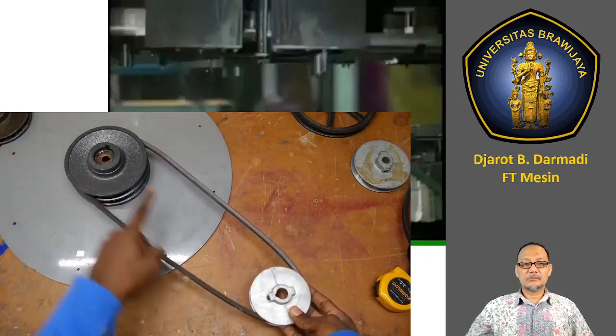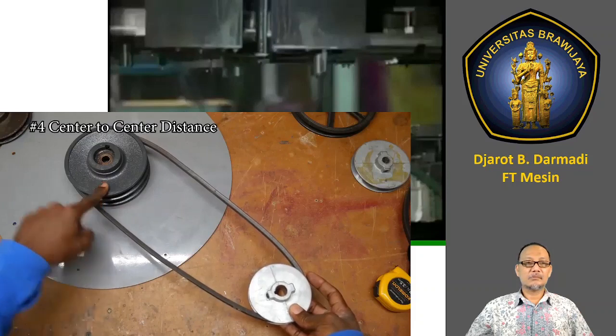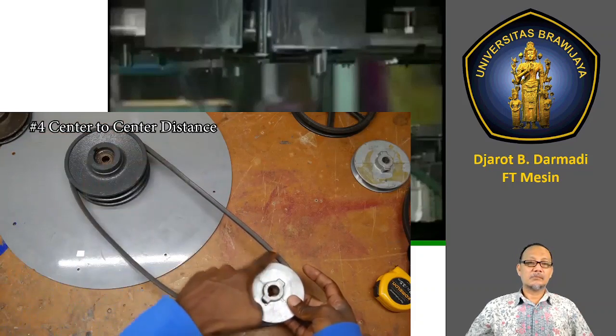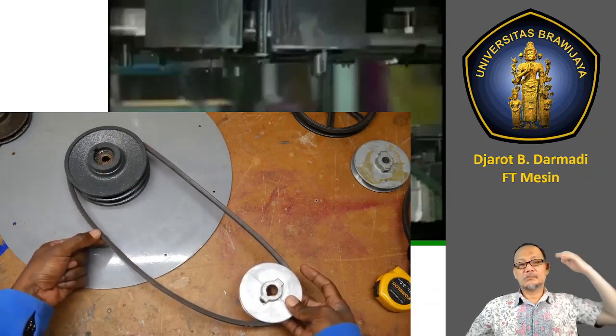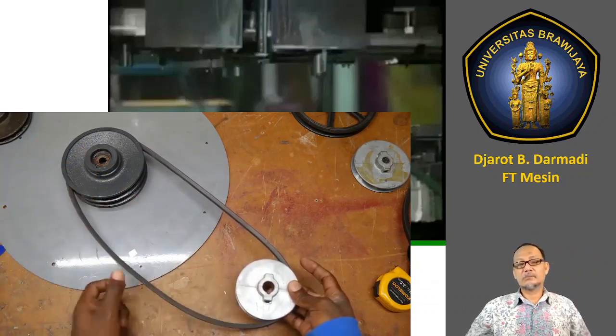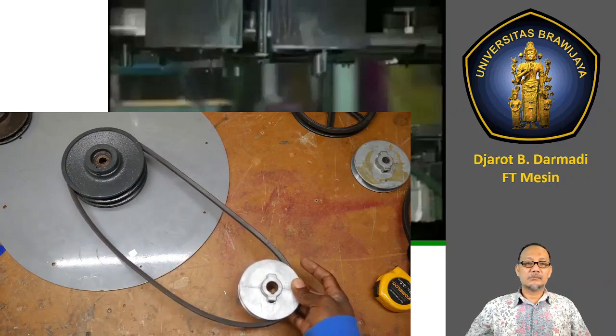One more factor you want to consider is the distance between your pulleys. And we're referring to the center to center distance. This guy is your driver, which would be the case for me, and the motor is pulling like this. I want you to notice that this side tightened up and this side went slack. So this is considered the slack side, and as you increase the center to center distance, you're going to get more and more slack, more and more vibration here,